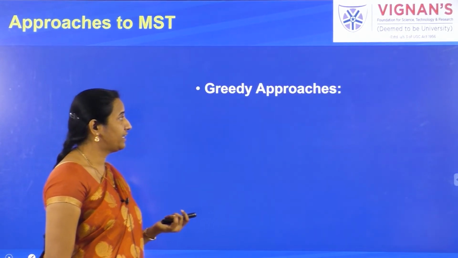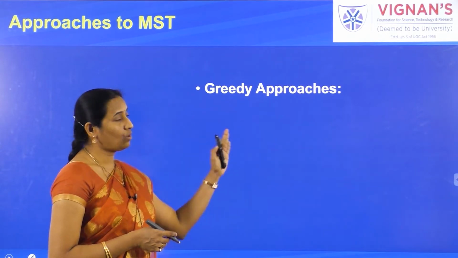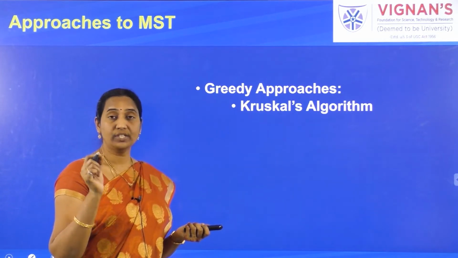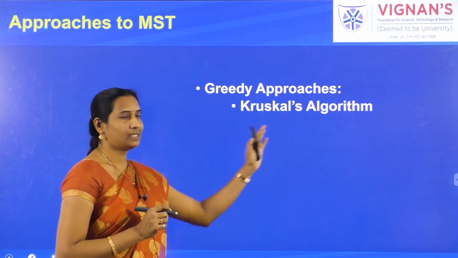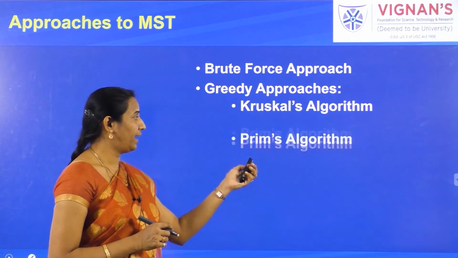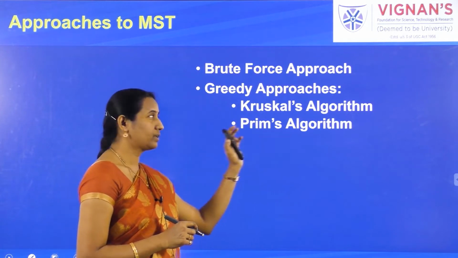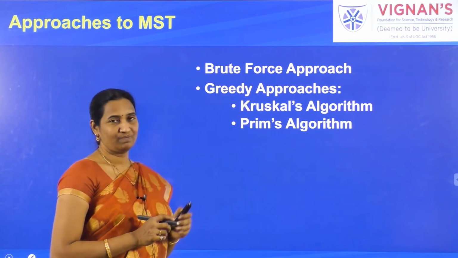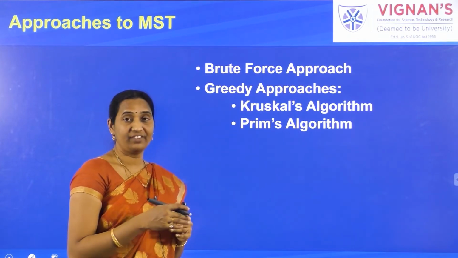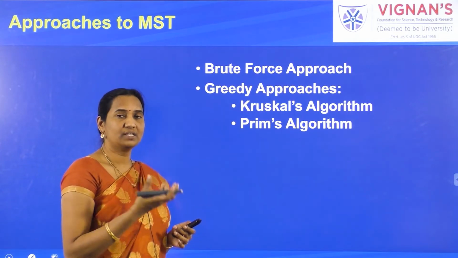Now let's see what are the various approaches you can use to solve the problem of minimal spanning tree. The minimum spanning tree can be solved using greedy approaches. There are 2 popular algorithms which help us efficiently solve the minimal spanning tree problem: the Kruskal algorithm and Prim's algorithm. These algorithms are named after the scientists Kruskal and Prim, so that's how they are popularly known as Kruskal's algorithm and Prim's algorithm. And let's see the brute force approach, to see how inefficient it is, and why we need efficient greedy algorithms to solve the MST problem. Then we can better understand if we consider the brute force approach.